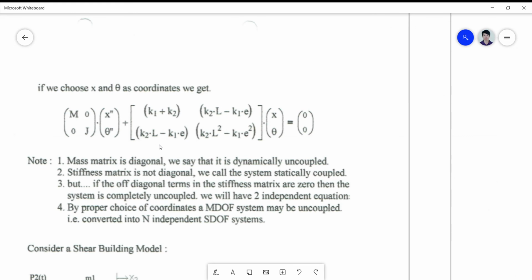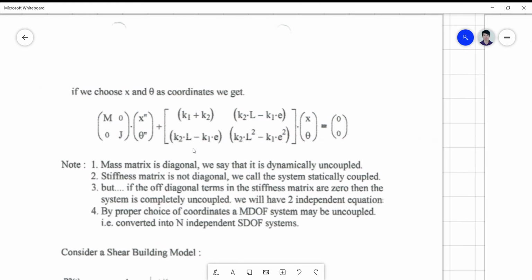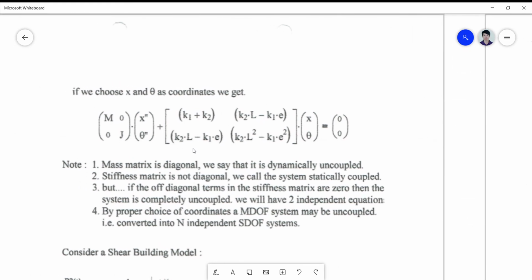So choosing a coordinate is actually the key to having a simpler matrix form that will ease up the computation. And if we choose x and theta